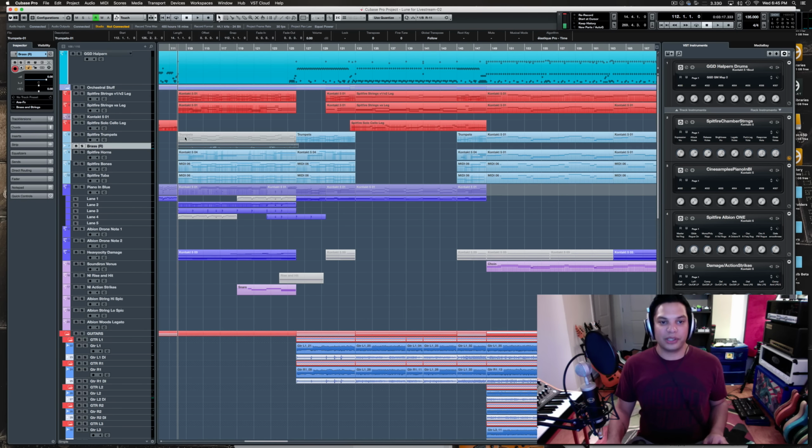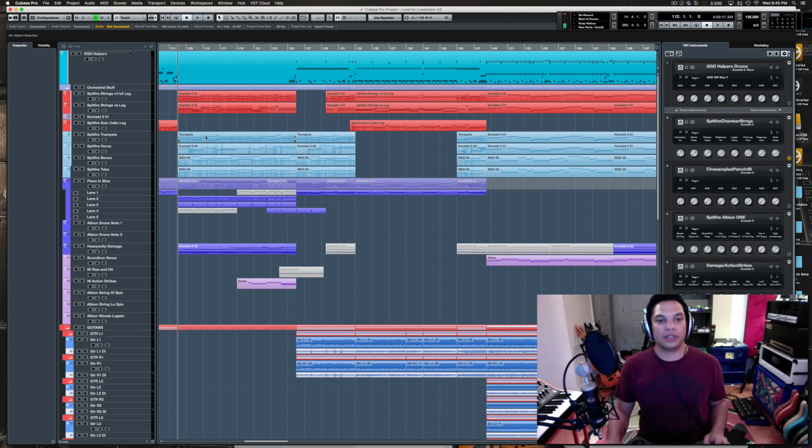There are some projects where I've had to do that just because I have too much stuff going on and it can't handle it. And audio is very easy for it to play back. So if you're pretty sure you've got a part right, you can sort of commit to it, and then you can always undo or rebounce it after the fact.